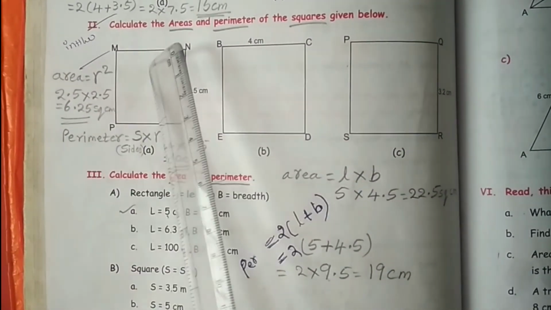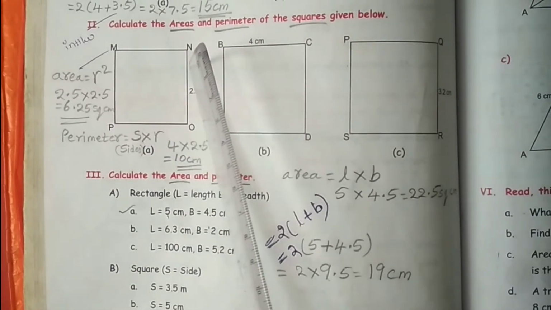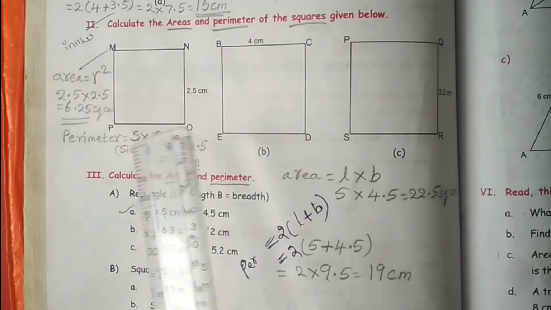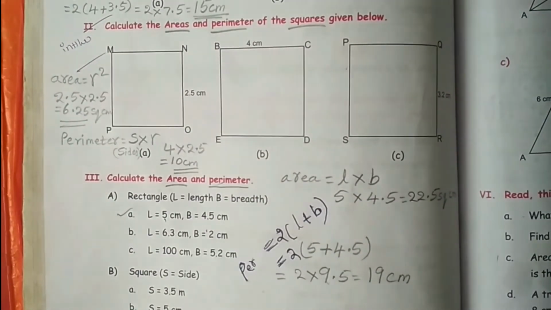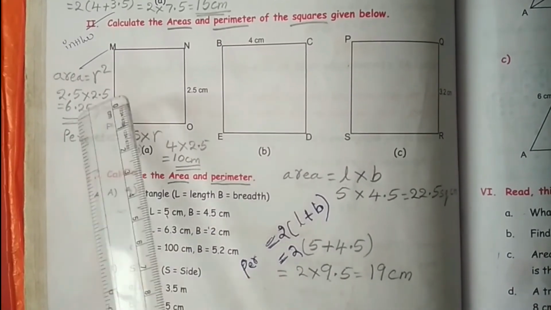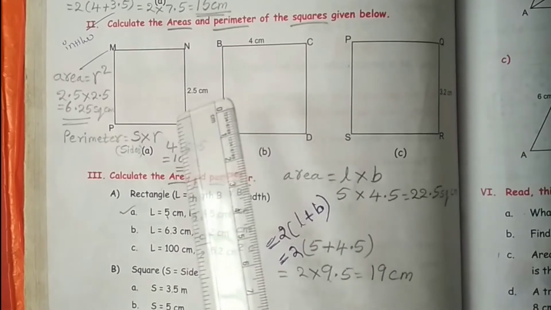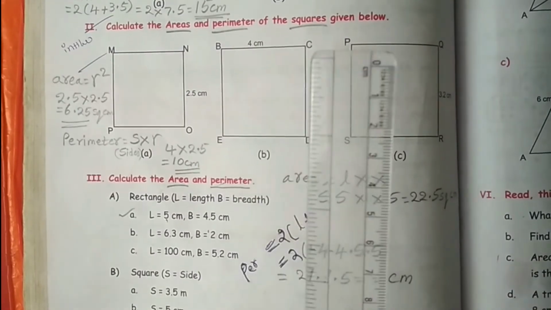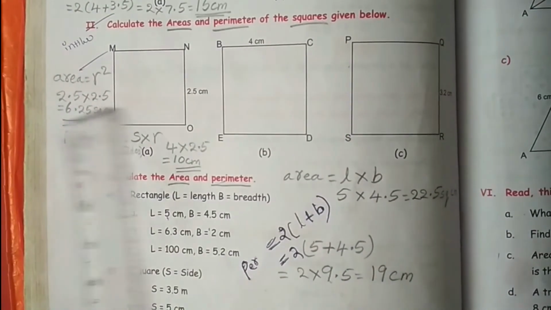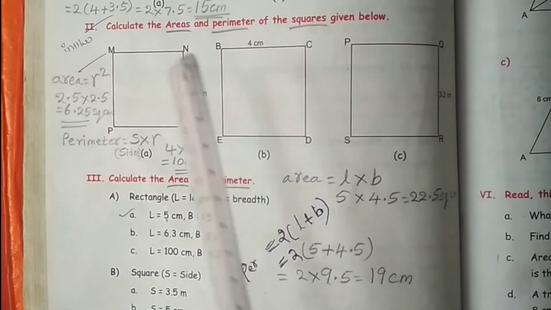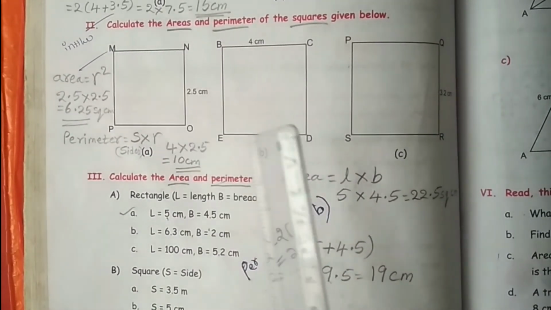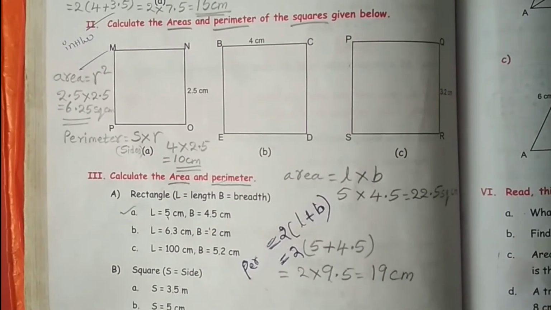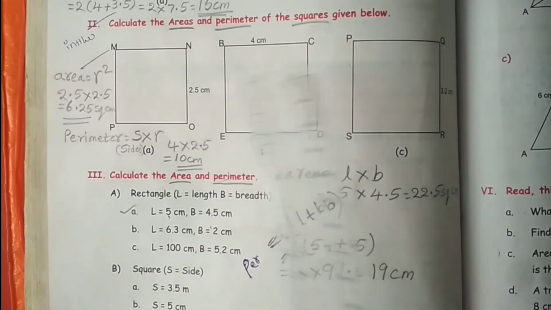So, area equal to, we can say the formula as r square. That is 2.5 into 2.5, length and breadth. So, if we multiply 2.5 into 2.5, then the answer is 6.25 square centimeters. Now find out the perimeter. How will we find it? All the four sides are equal, right? So 4 into r. Here r means what? 2.5 centimeters. So 4 into 2.5 is how much? 10 centimeters. Okay. Likewise, you find out for the B and C bits.